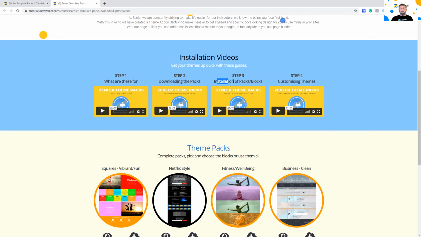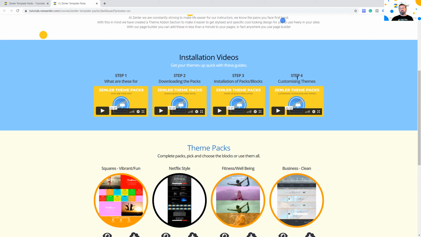I've also shown an installation. So when I'm showing the installation of packs or blocks, it basically applies to all of them. They're all going to be delivered in exactly the same way and the same structure. So once you understand how to put a block in there, it's pretty easy to work with. I actually had a non-techie, Marina, who wasn't very good with these coding things. So she was a perfect example, and she installed it fine, no problems at all. So I feel safe that you guys are going to get this.